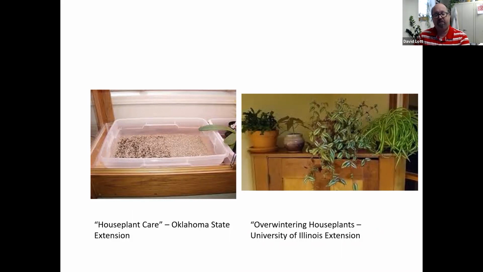So here's two examples I wanted to show you. There's the tray with the gravel or the pebbles that you fill with water just to the top of those pebbles, and then put your plants on top of that, and they'll pull that up, and then it's great. You just pour some at the edge again and refill that to that correct level. And the other pictures from the University of Illinois, where you are grouping some plants together and working off of that humidity. But John's real life example is much prettier than the picture we put in. But just some good examples of working that together.